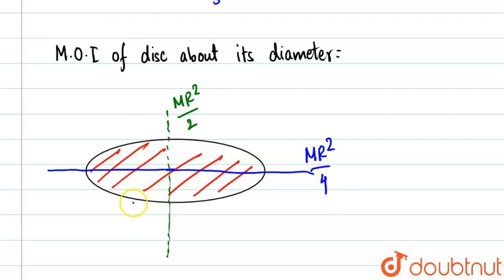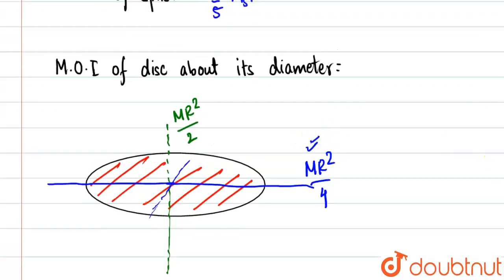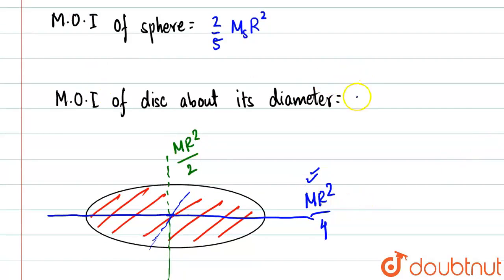Why? Because of the perpendicular axis theorem. If you draw the third axis over here, you will find out why it is happening. We do it in our classes, and basically this is a formula that has to be learned. I'll erase this so that you don't have issues, and write small m into r square so that it doesn't get mismatched with the question. Mr square by 4.